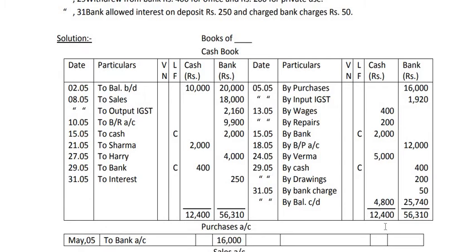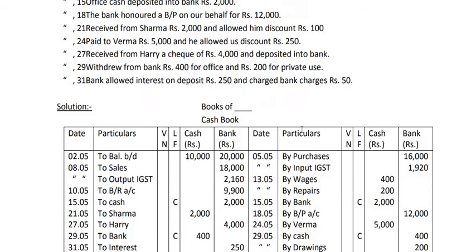After that we have to balance this. Now when the balancing is done, the total of these two columns are coming more than the total of these two columns. So to make the columns equal, this balance was coming in cash and this balance was coming in bank. This is called cash in hand, debit balance of cash column, and this is called cash at bank, debit balance of bank column. So this is how to record a double column cash book.